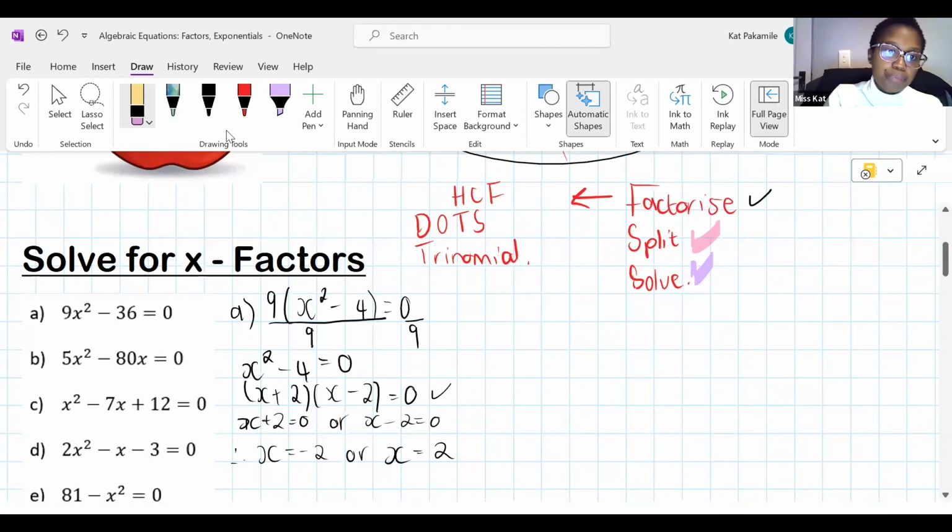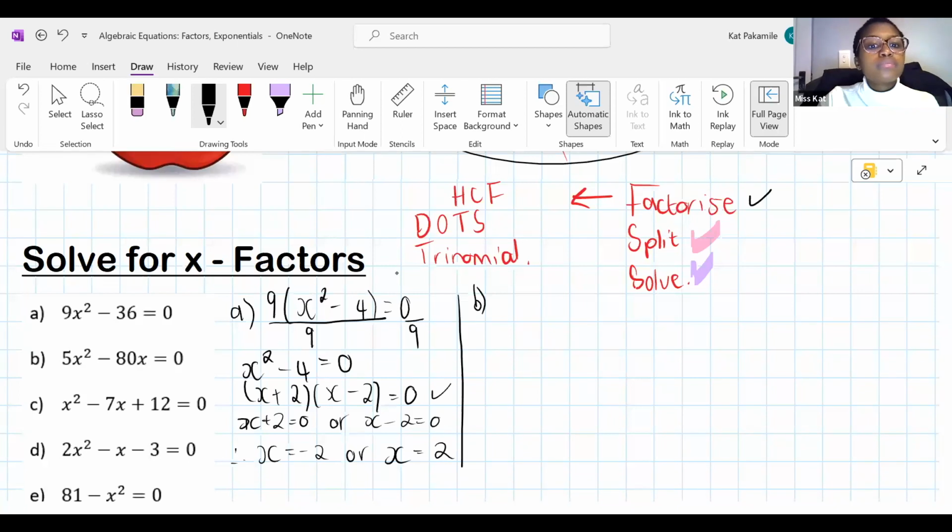So, ma'am, we're going to find our highest common factor, which is 5. Just 5? I mean 5x squared. Not x squared. They only have 1x. Remember, what do they both have? They both have a 5 and they both have an x. Yes. Okay. What's left? Ma'am, we're left with